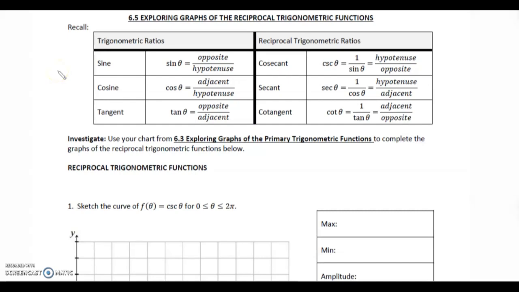So 6.5, exploring graphs of the reciprocal trig functions. Let's do a quick recall. There are three trig ratios. They're called sine, cosine, and tangent, sine, cos, and tan for short. And when we write out SOHCAHTOA,